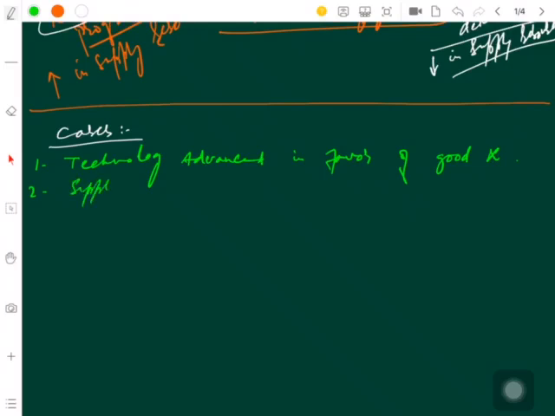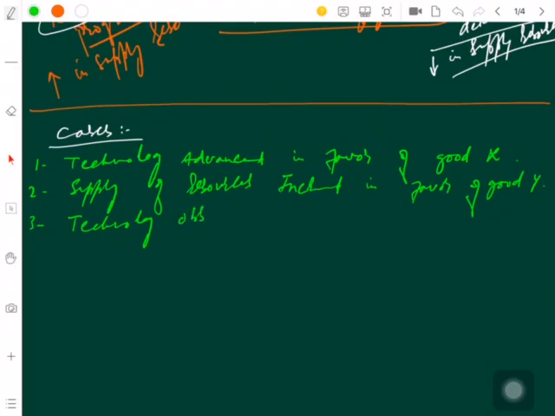Supply of resources increased in favor of good Y. Number three. Technology obsoleted in favor of good Y. Number fourth,